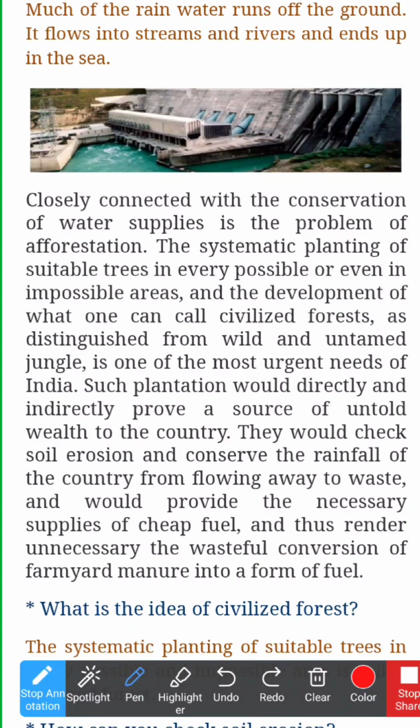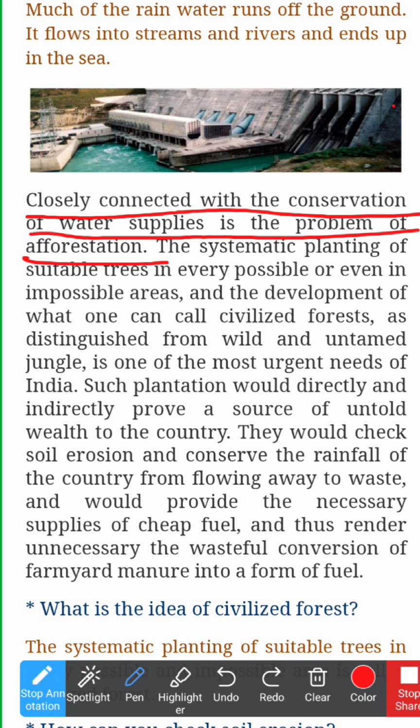Then there is a reference to how soil erosion can be stopped, how water can be conserved, how fertility can be maintained. तो उसके लिए the only solution that the writer is putting forth is having checks, रोक दो उसके flow को, तो things will turn out to be better. और उसका मतलब कि closely connected with the conservation of water supplies is the problem of afforestation. तो deforestation की वजह से भी बहुत नुकसान होता है. तो हमें जरूरी है कि नए trees उगाए जाएं, और जो भी ये पानी की दिक्कत आ रही है,